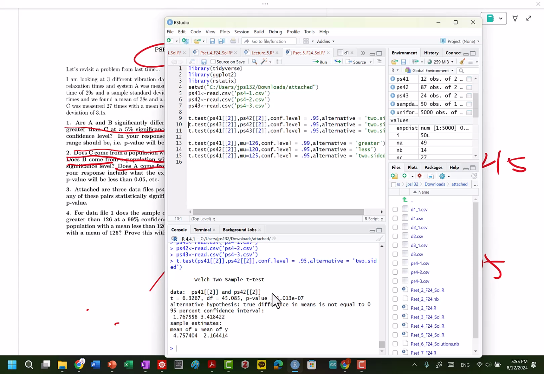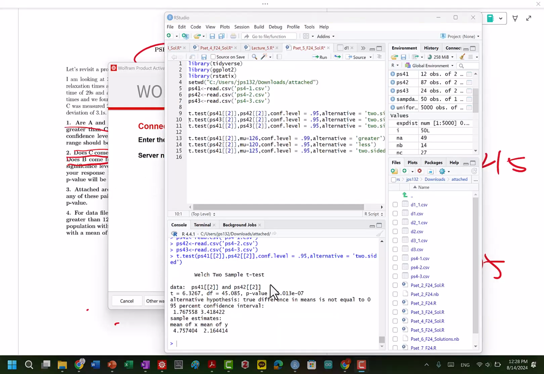So the alternative hypothesis is this. If we're looking at our p-value, our p-value is less than 0.025, so we are in the do not reject regime. And we can do the same thing for 3 and 2. Do not reject, and then we do reject 1 and 3.